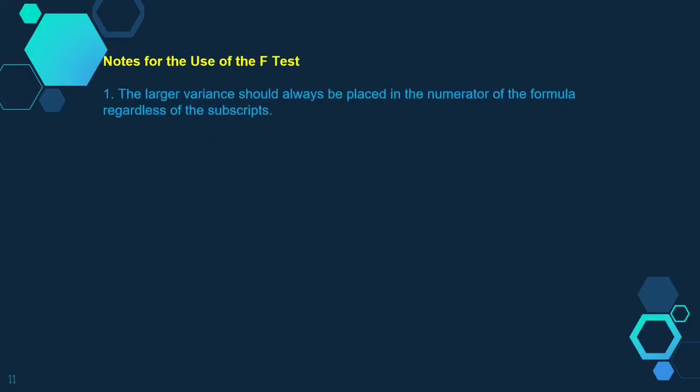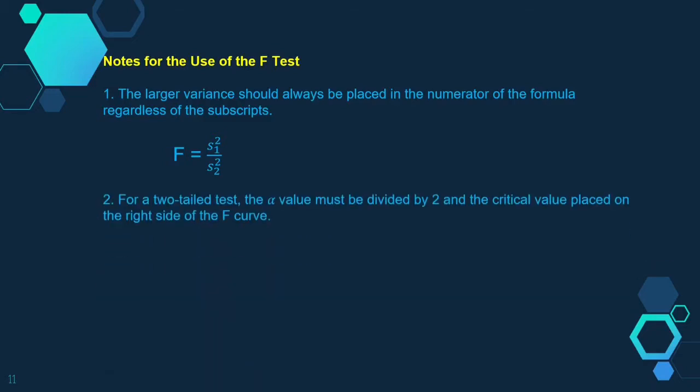First, the larger variance should always be placed in the numerator of the formula, regardless of the subscripts, wherein F is equal to s squared sub 1 all over s squared sub 2. Second, for a two-tailed test, the alpha value must be divided by 2,